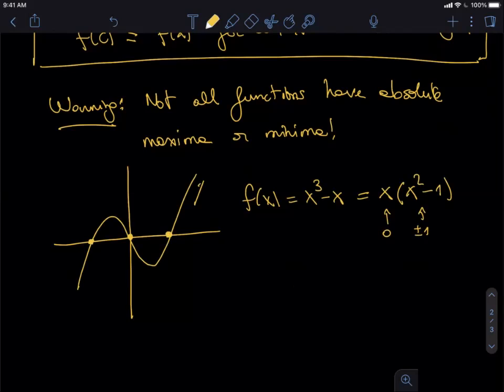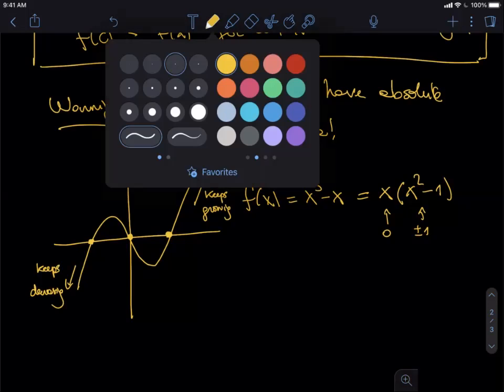As we go towards the right, the function is going to keep growing. And as we go towards negative infinity, the function keeps decreasing. Okay. So we will never be able to find a value that is smaller than all the values of the function f, or that is bigger. Okay, so there is no absolute maximum or minimum, but